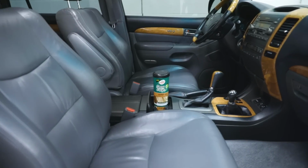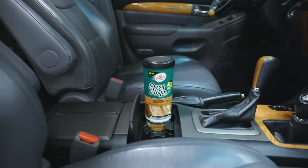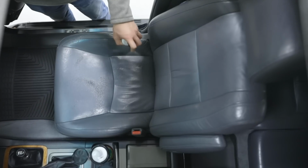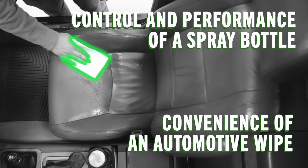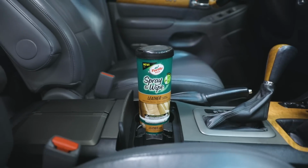Turtle Wax has redefined the auto appearance category with the introduction of Turtle Wax spray and wipes products. The first of its kind, these car care products combine the control and performance of a traditional spray bottle and microfiber towel with the convenience of an automotive cleaning wipe, all in a travel-friendly size, easily stored in cup holders